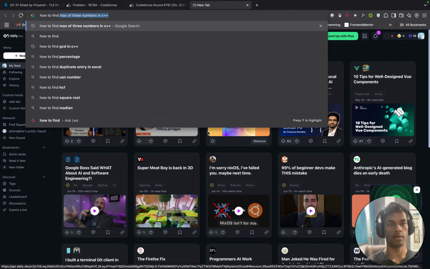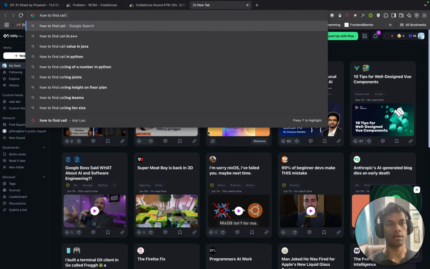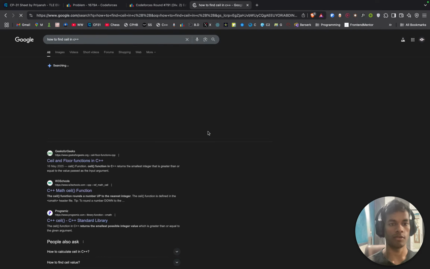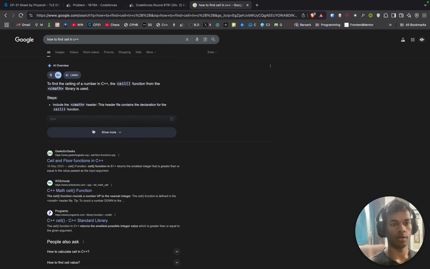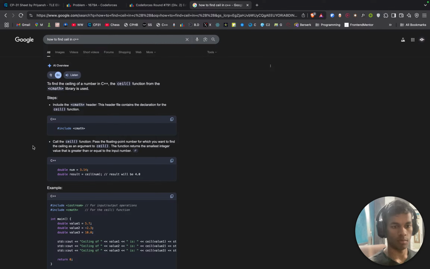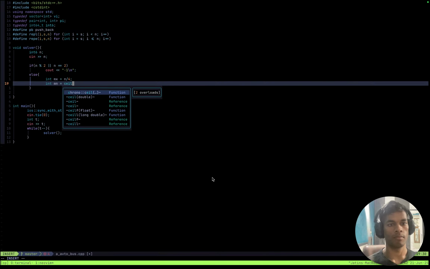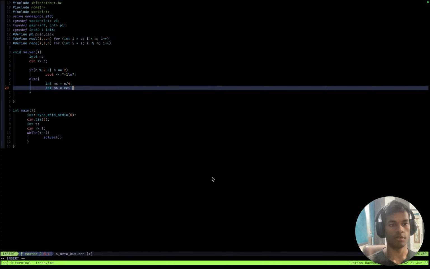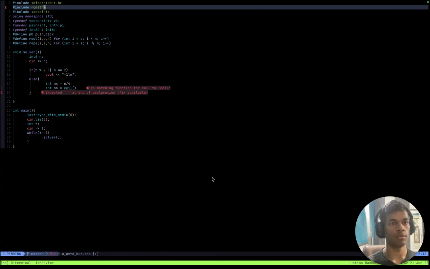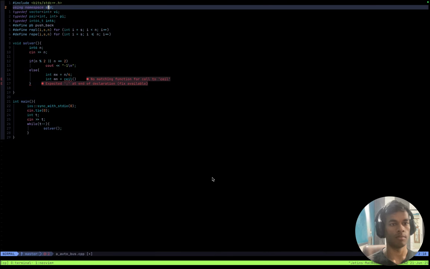how to find ceil in C++. I think there is a direct function, ceil, in cmath. Yes, ceil. C math was already included in the other thing. So